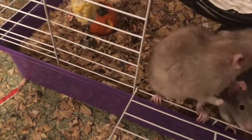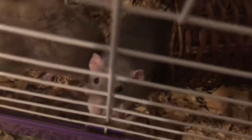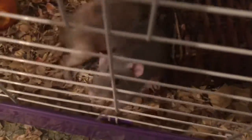I think he wants to come out, but he doesn't want me to hold him, which is the problem. He shies away, so I'm just gonna close the cage for tonight. I'm trying not to be greedy or demand, like, oh, you have to let me pick you up every single day. That's not the purpose. The purpose is to build trust, so I'm not trying to force the issue by saying, I will pick you up and you will let me. If they're really not feeling it, you know, I did add something new,